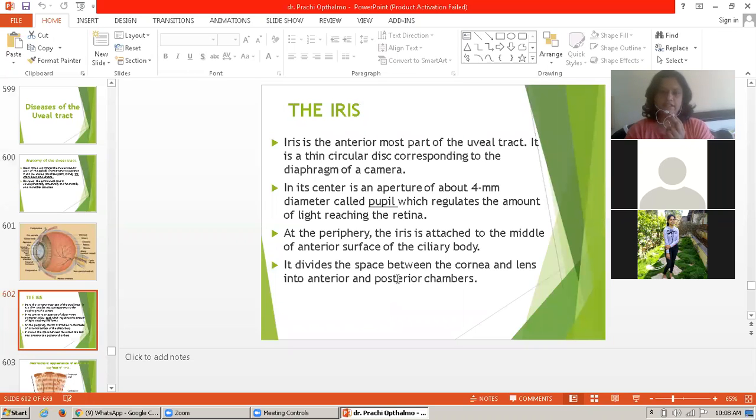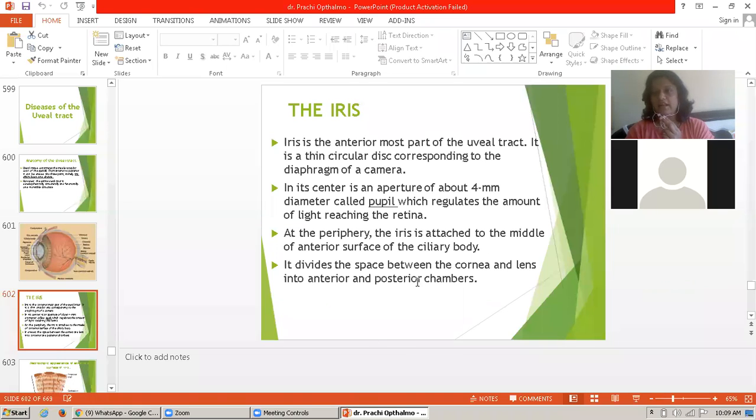So, what is the iris? The iris is the anterior most part of the uveal tract, and it is a thin circular disc corresponding to the diaphragm of a camera. It has a central aperture of about 4 mm diameter called the pupil, which regulates the amount of light reaching the retina. At the periphery, the iris is attached to the middle of the anterior surface of the ciliary body, and it divides the space between the cornea and lens into the anterior and the posterior chamber. So when we study the iris,